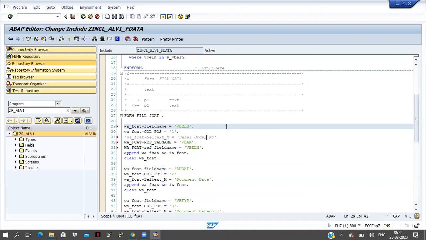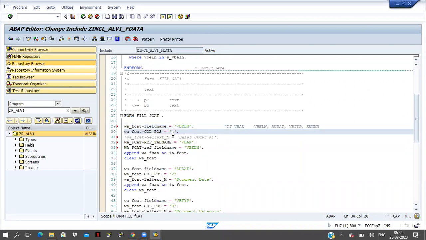In IT_VBAK, fields like VBELN, AUDAT, VBTYP, KUNNR are there. So from this internal table, the VBELN field I am taking here. That field I am passing in the field name, and this will be the first column of the screen. Column position I am taking.